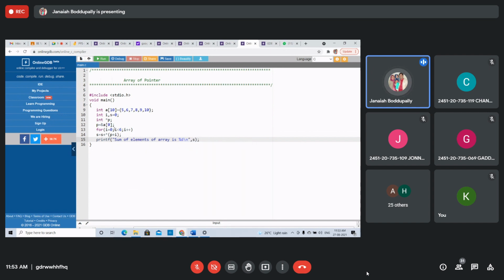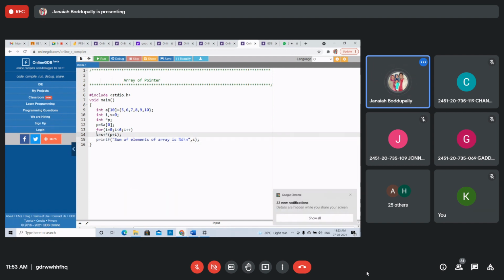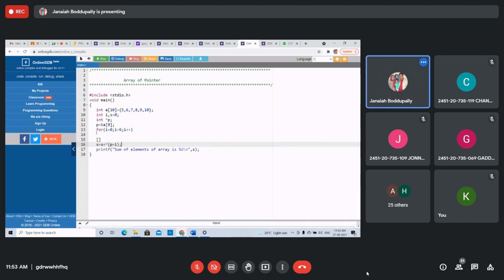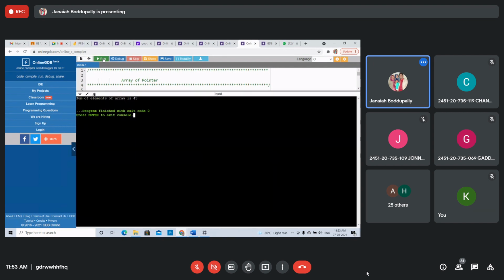I'm not writing code to display all the elements every time, no need.